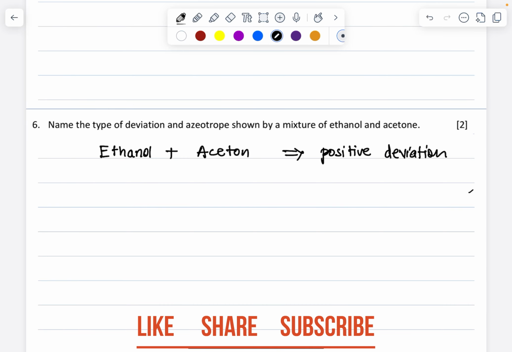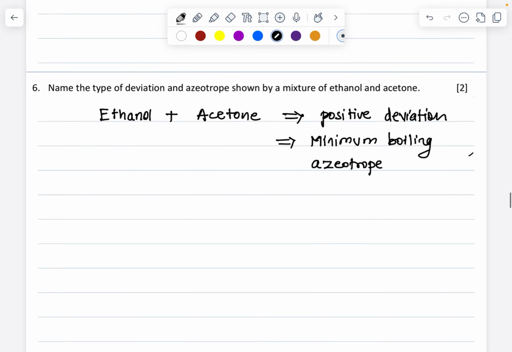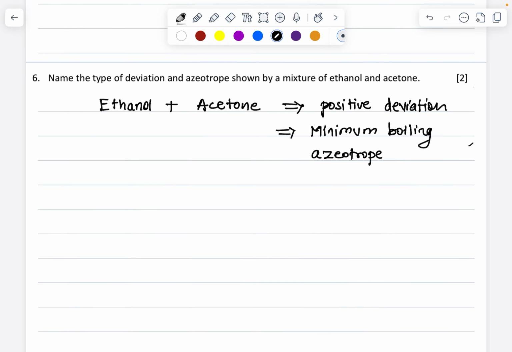If it is a positive deviation, then what type of azeotrope? Minimum boiling azeotrope. So over here, why does a mixture of ethanol and acetone show the minimum boiling azeotrope? Understand, for positive deviation, what is the thing? AB forces